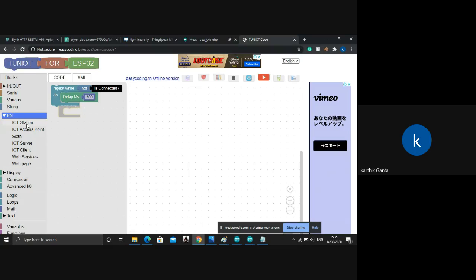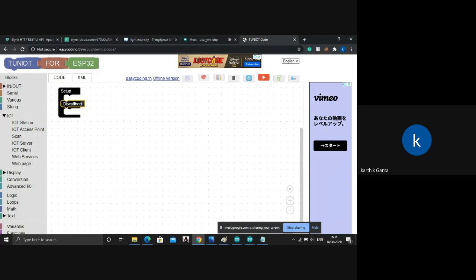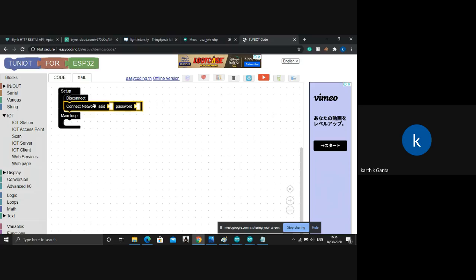So go to IoT station. In this IoT station, everything will be available, like disconnect, local address, how to connect and everything. First you need to disconnect, and go to IoT station and connect.